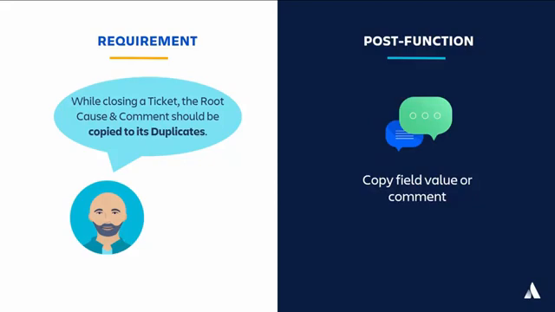Don't be fooled by the word "while," which might again imply the use of a validator. The point is that you want this action to happen after everything else has happened. The user must first enter the root cause and comment on the current issue before that information can be copied to its duplicate issues. So this is an example of using a post function, because it is happening after other